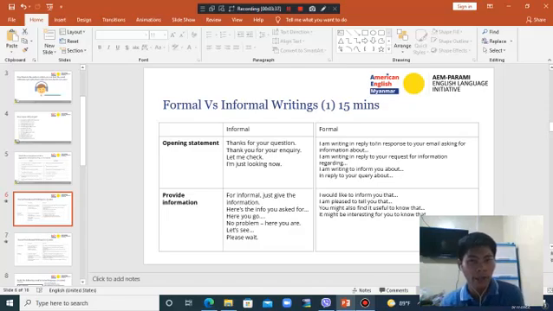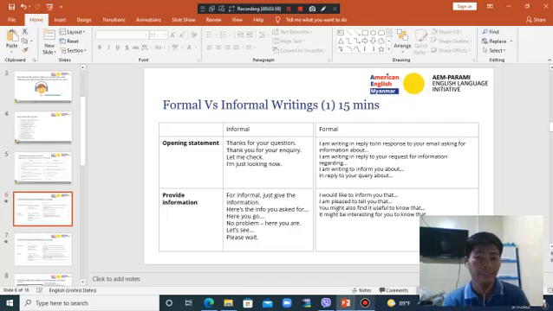On the other hand, the formal ones can basically be used for replying to emails. These are my recommended selections, right? The first one is I'm writing in reply to, or I am writing in response to your email asking for information, for example about your hotel reservation on a particular date.